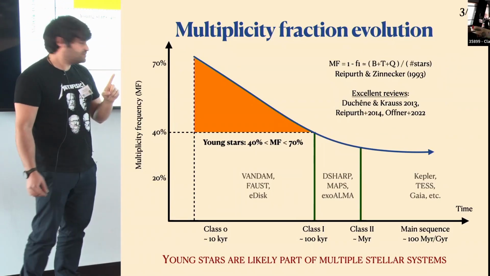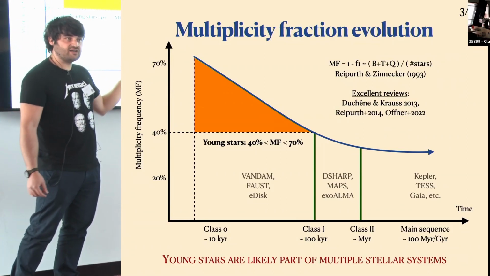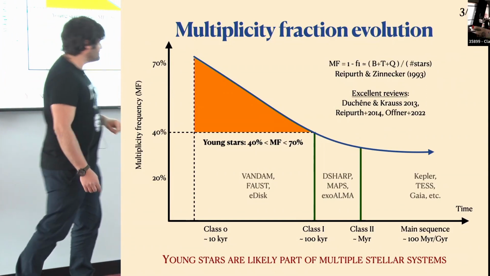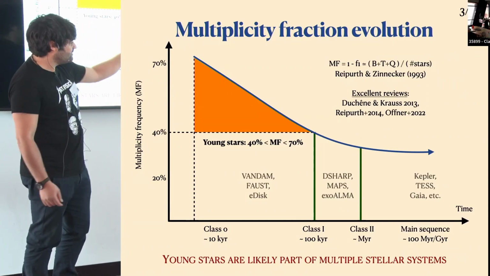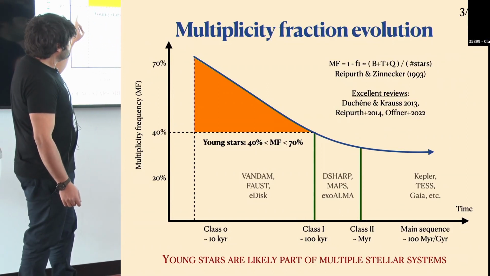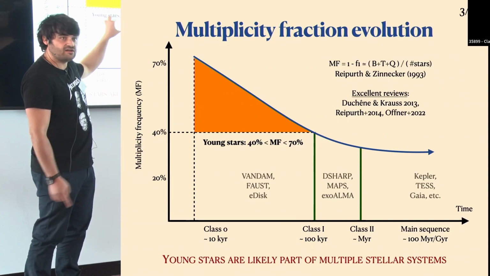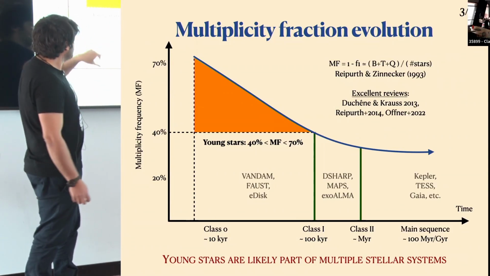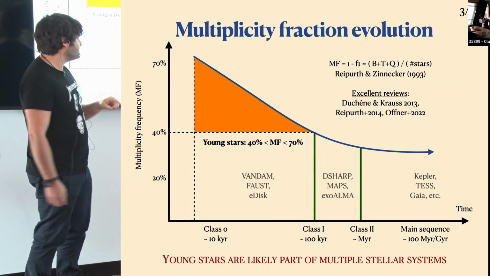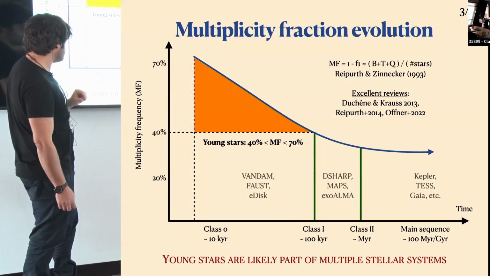But the thing that you should notice, and here for completeness I put some ALMA large programs that have been targeting these regions, and some very nice telescopes that are providing data for main sequence stars. I will talk about this at the end. And we see that when disks form, which is basically here, at the very young stage of the stars, multiplicity seems to be the norm rather than the exception. So this is very important. When disks form, it tends to happen around multiple stellar systems.